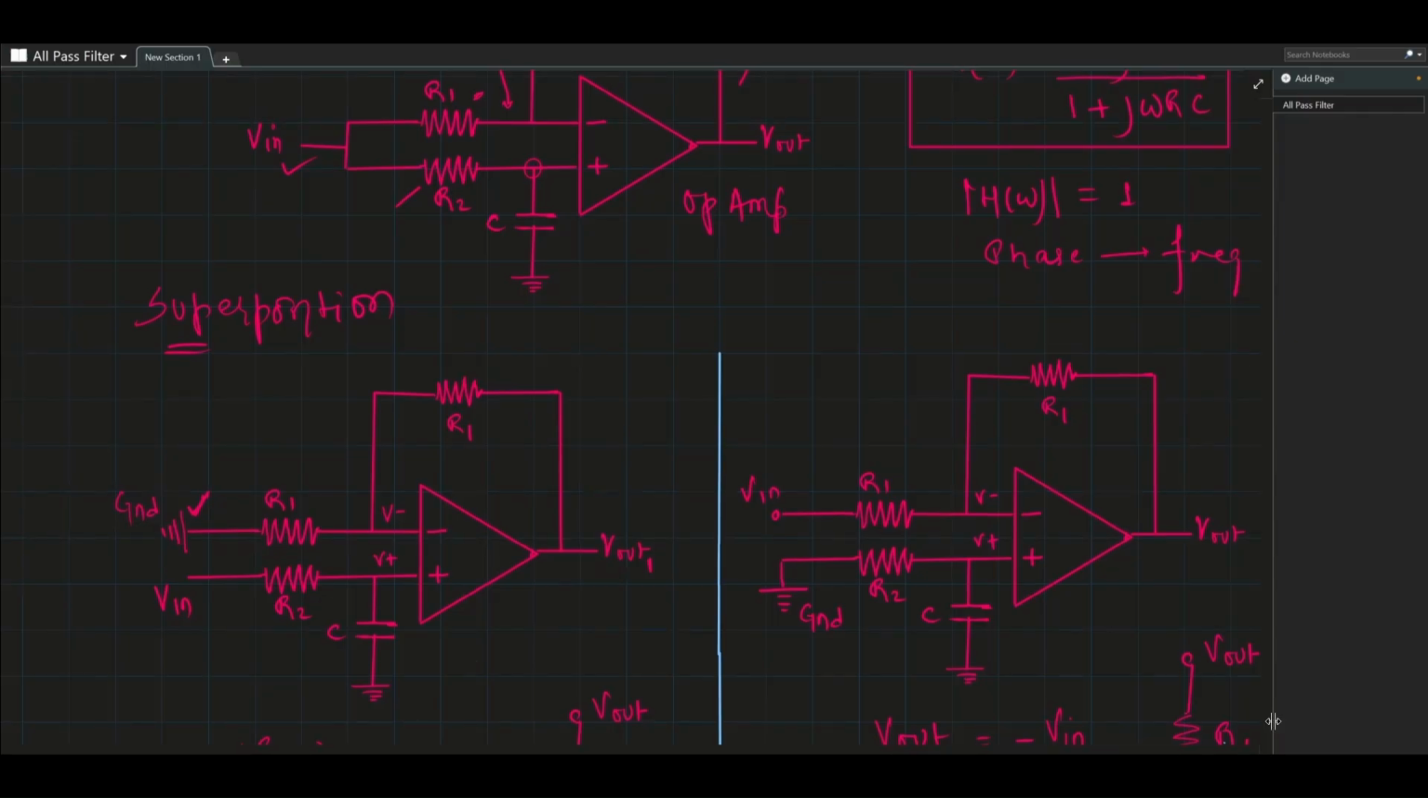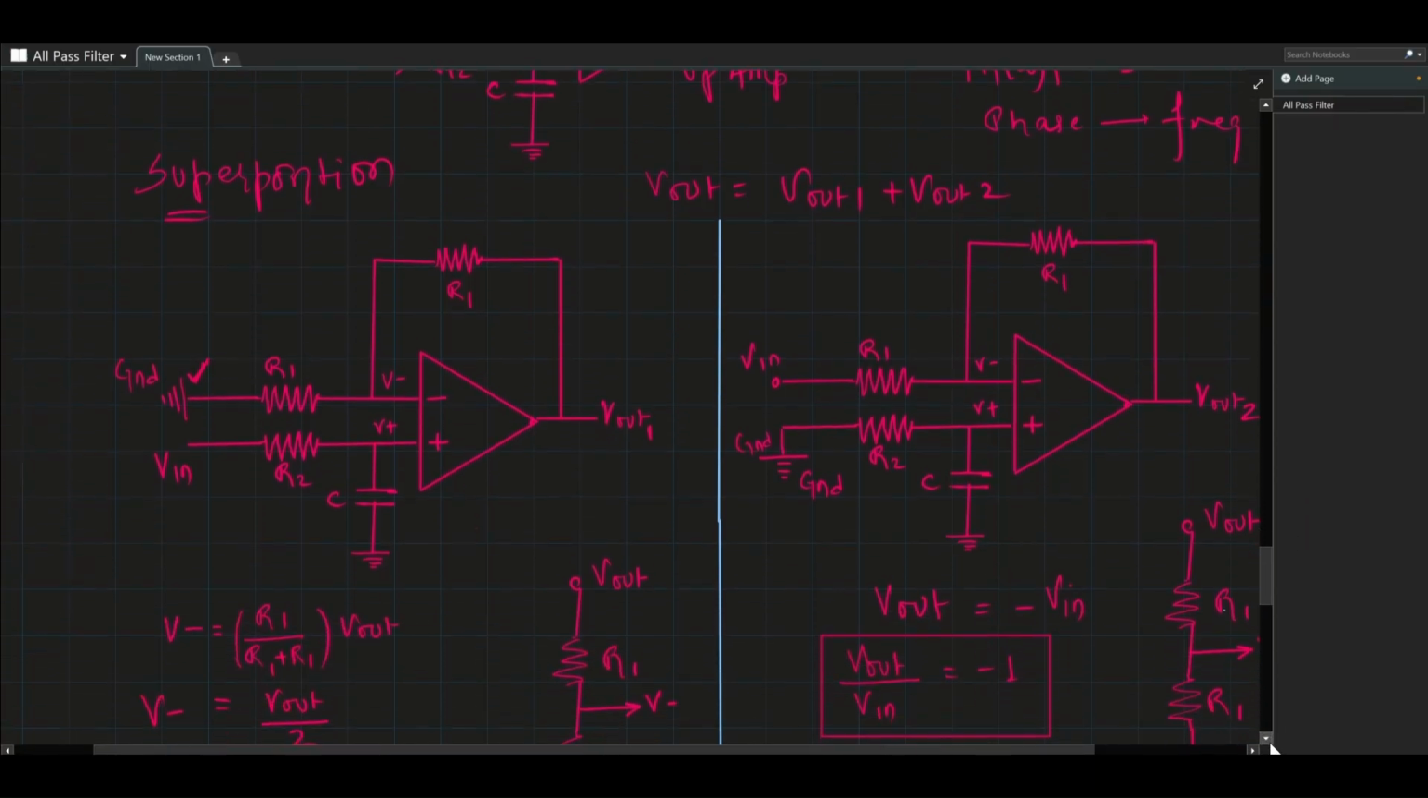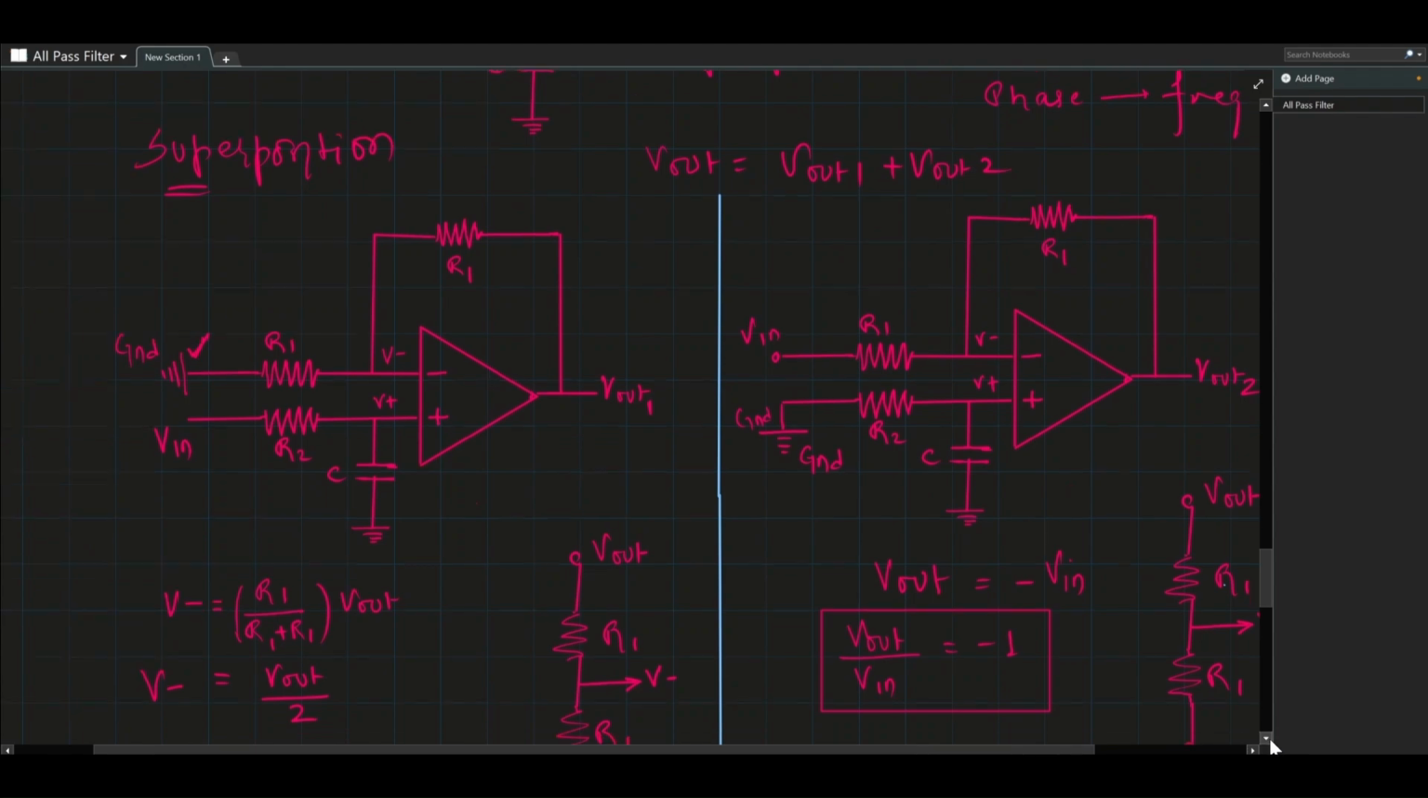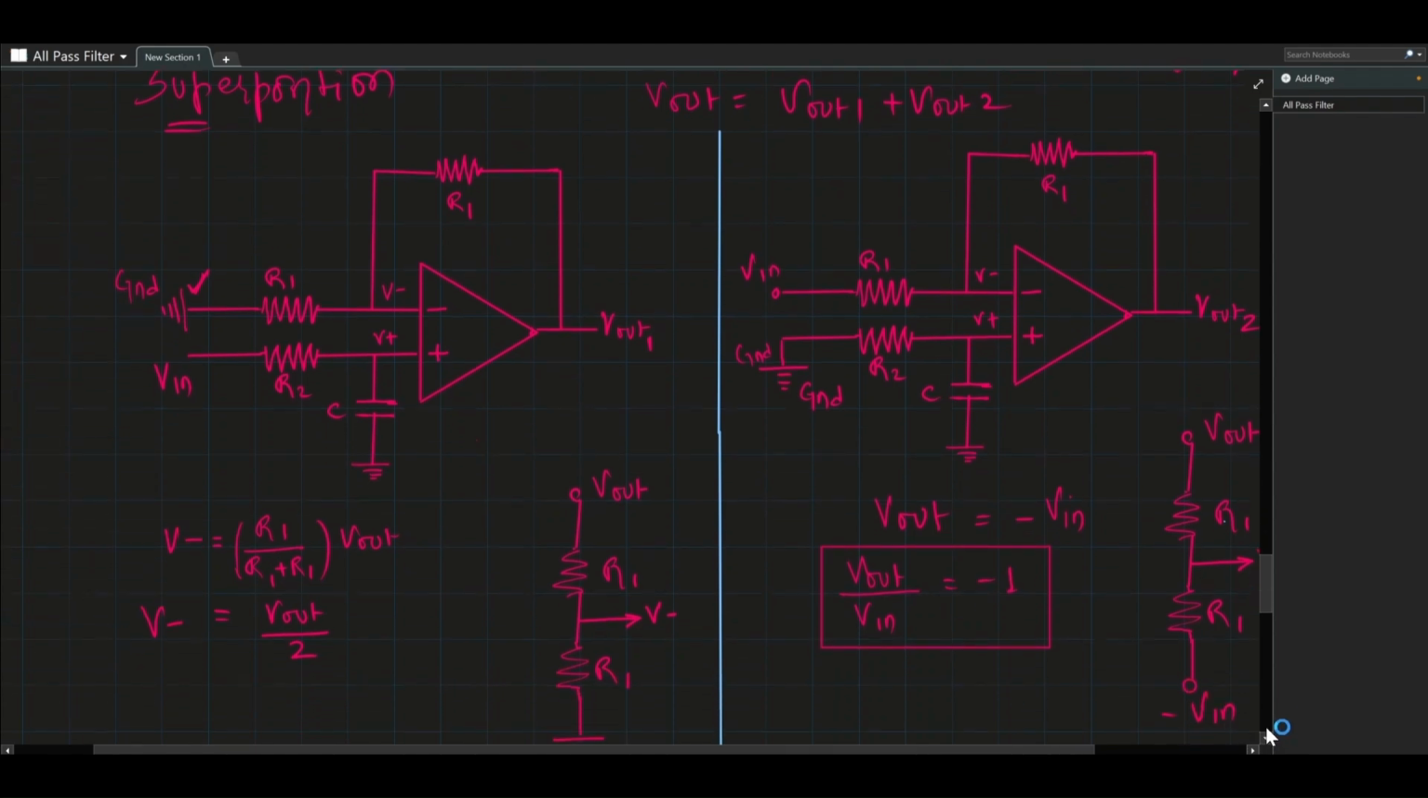And in the next circuit, we do the exact opposite. We ground the positive terminal, and we only give the input voltage to the negative terminal, and we will come out with V out 2. My net V out will be nothing but V out 1 plus V out 2, which is exactly the definition of superposition. So let's analyze both these circuits step by step. We remember the op-amp properties,